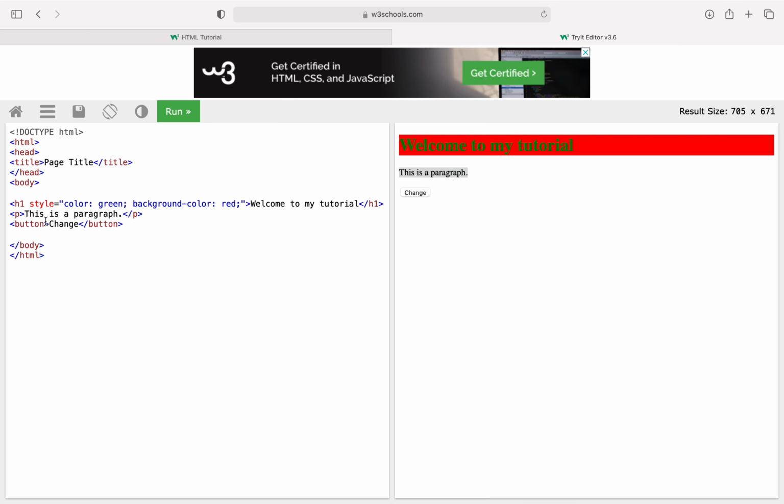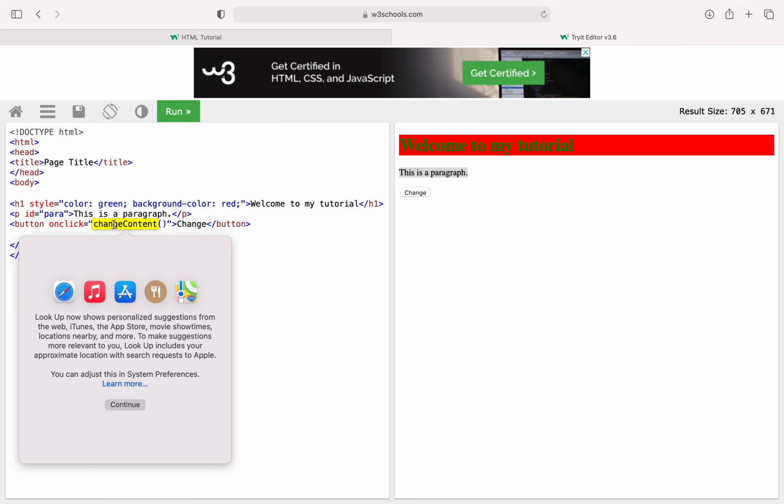For that, how to write? Here I will write one click event, onclick equal to some function, changeContent. For identifying this paragraph element, I will add one ID. The ID can be anything. I will tell you briefly while learning JavaScript.